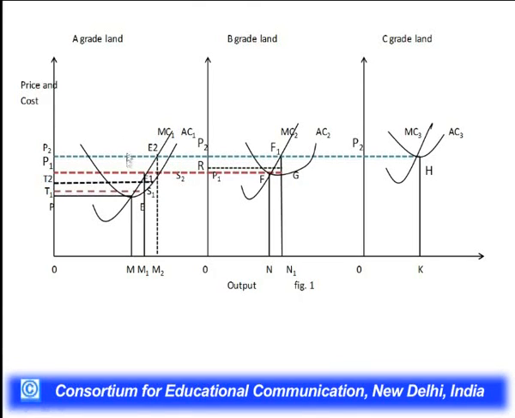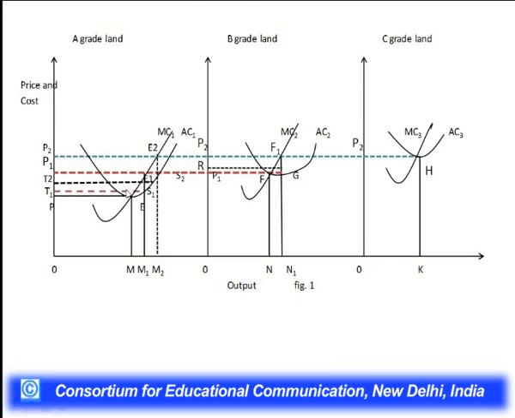population is small. Now at this point the price is OP, which is equal to the average cost of production and marginal cost of production for grade A land, and because of perfect competition, in the long run we know there are only normal profits for the firm. So price is equal to AC is equal to MC, and output produced is OM, and there is no rent